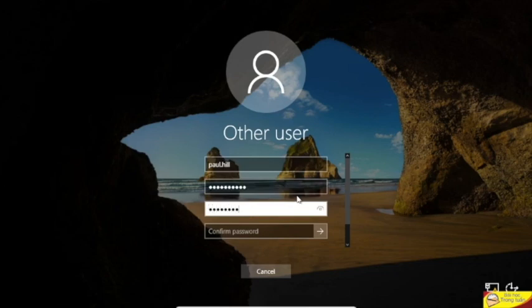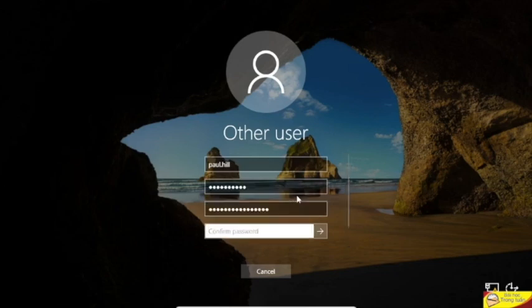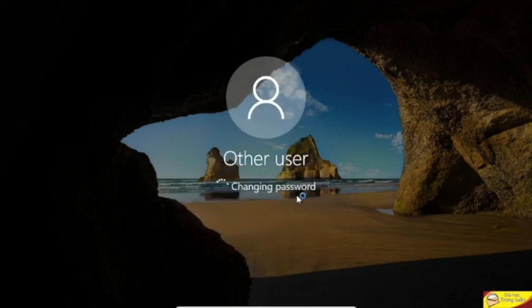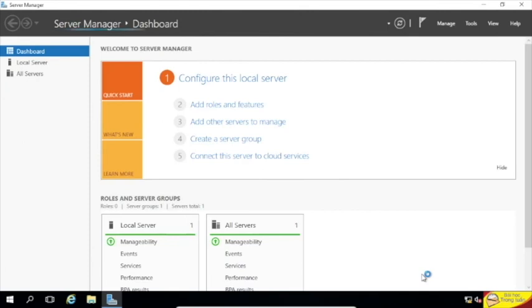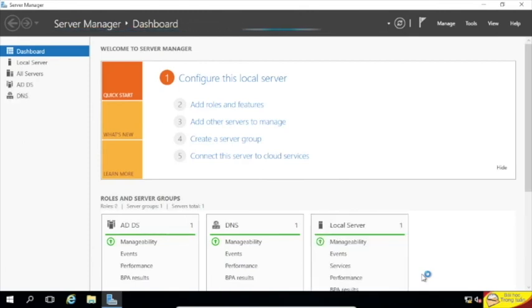And I'm going to type in a more secure password. Because I love to use my non-secure passwords. I'll press enter and now it is changing the password, okay? Your password has been changed, hit okay, and now it will load my desktop. All right, so now I'm logged in as paul.hill and I'm a domain administrator,